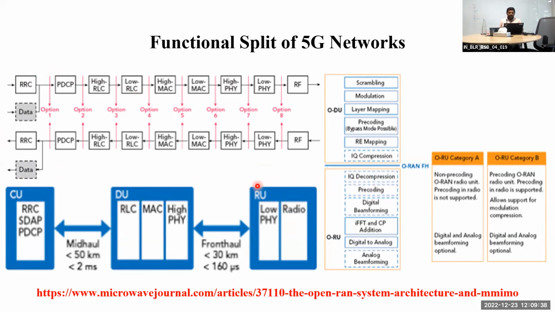Here you can see the radio unit will be on the tower, the DU will be in the shelter, and the CU will be somewhere else. Each DU will cater to many RUs, basically radio units, and each CU, central unit, will cater to many DUs. Ultimately, most of the RU will be hardware based, while the DU and CU will be software based. These protocols run in software form on bare metal, what we used to call a server. These softwares will be running on some server and processing the data. Some other occasion I will explain each and everything.